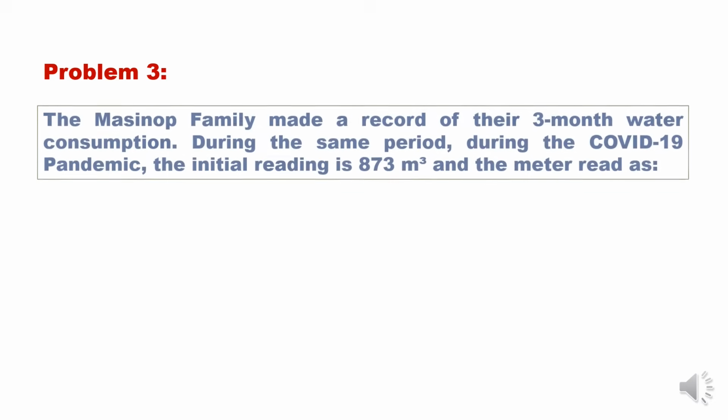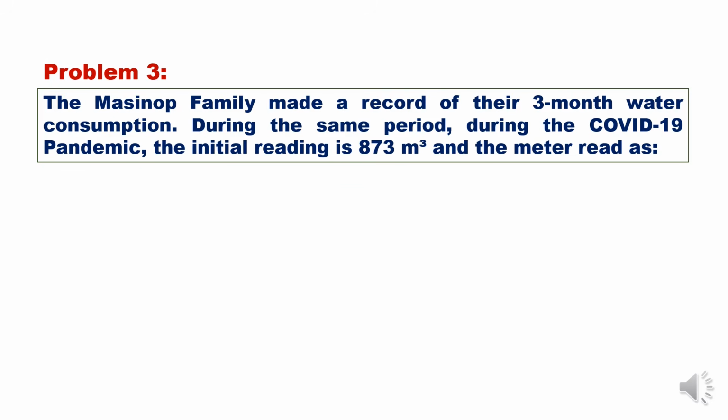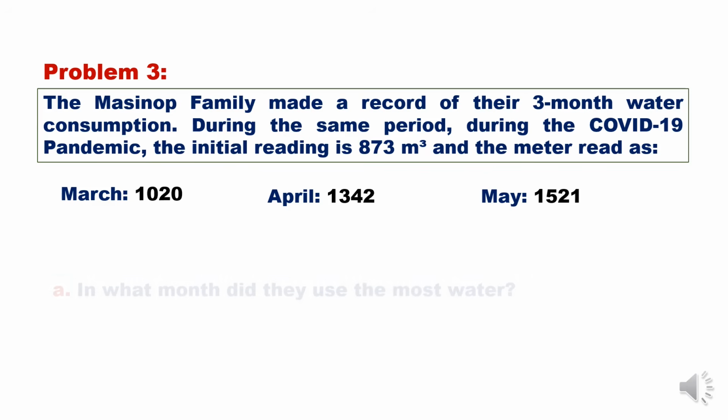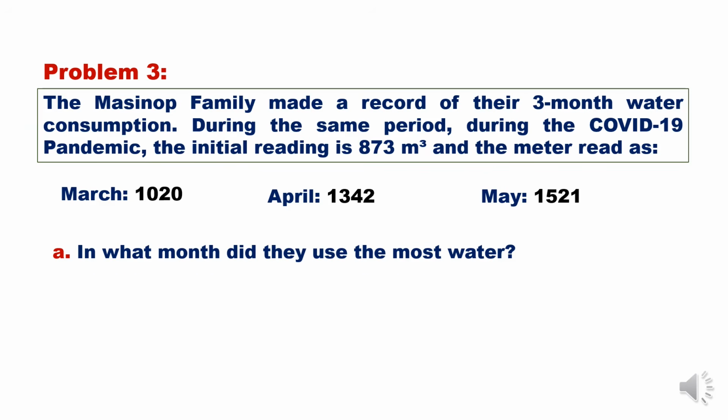Problem 3. The Masino family made a record of their 3-month water consumption during the same period during the COVID-19 pandemic. The initial reading is 873 cubic meters and the meter read as for March 1020, April 1342, May 1521. A. In what month